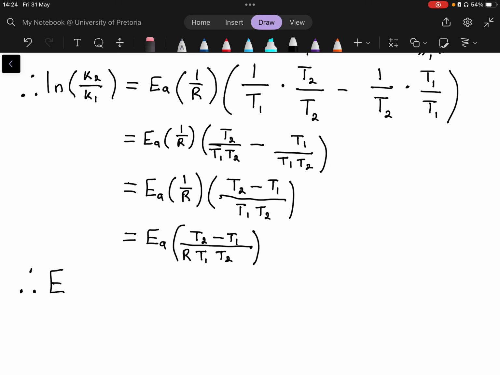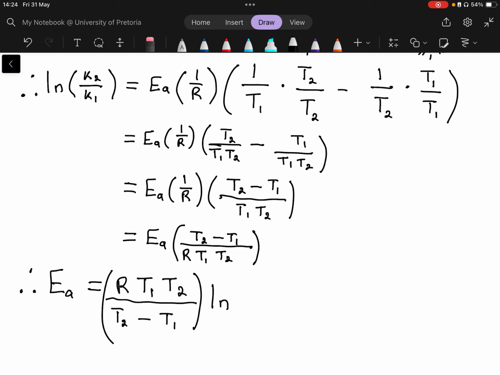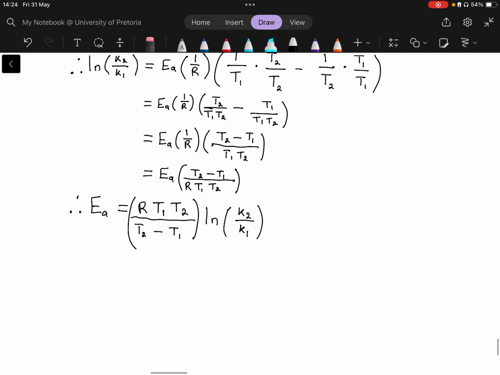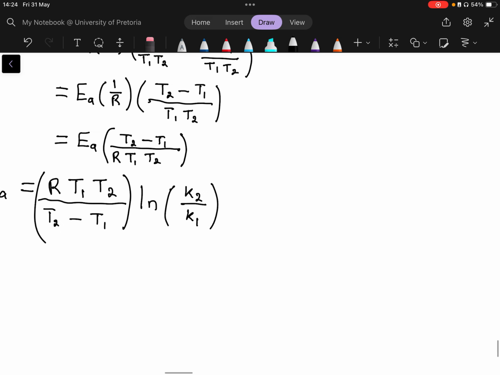Solving for EA, you'll get on top, you'll be left with R T1 T2. The bottom will be T2 minus T1, and this will be multiplied by ln, so just have to put that in bracket, ln K2 over K1. And then plug in those values that you have there, and we're going to leave it in kilojoules. So you should get